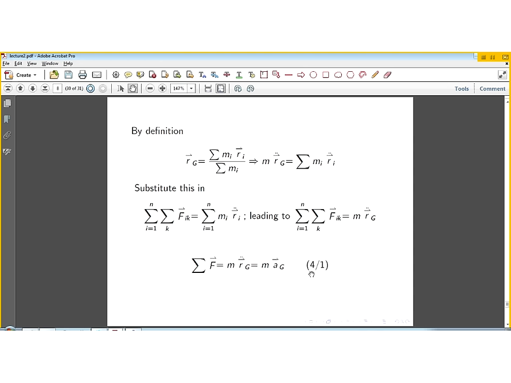And this is then really what is given in equation 4.1. So this is then Theorem 4.1, stating in a simpler form the resultant force of all external forces acting on our system of particles is equal to the total mass of the system multiplied by its acceleration vector. And this is the end of this set of slides, but it's not the end of the